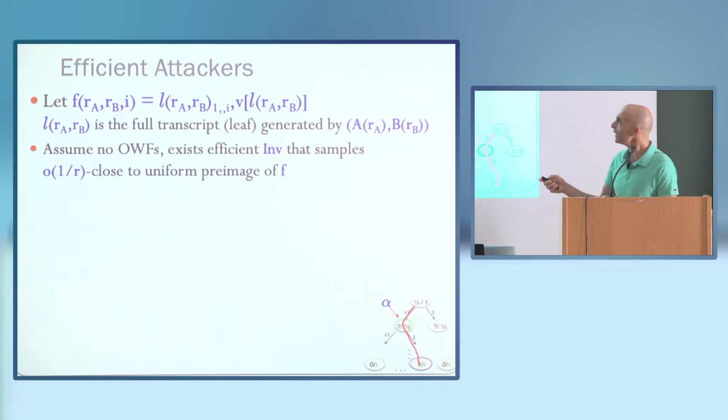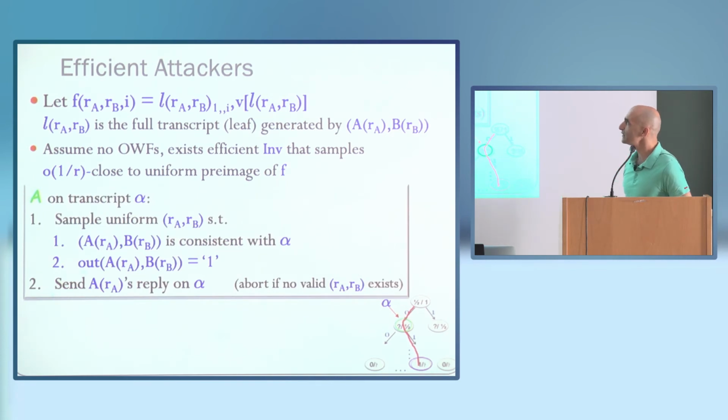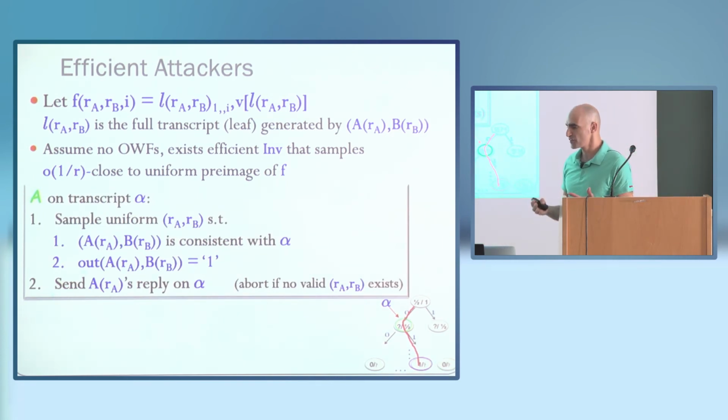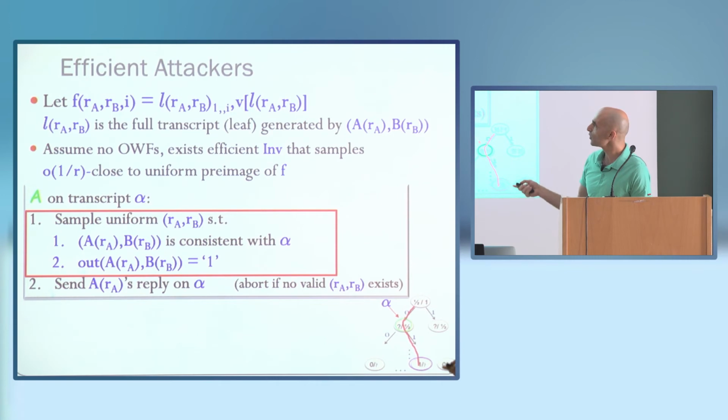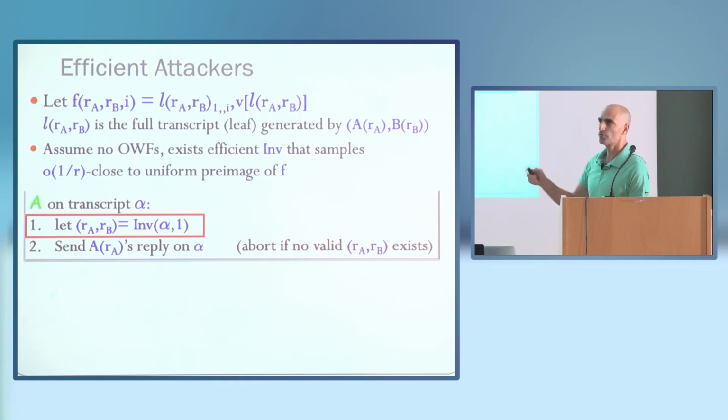Okay? So now let's define the efficient adversary, this is the ideal adversary. Where do we need to change it in order to obtain an efficient adversary? Well, first of all, we need to change all this because we cannot sample uniform random coins anymore, but we can invert the function. So first of all, we invert the function. We use this inverter, and